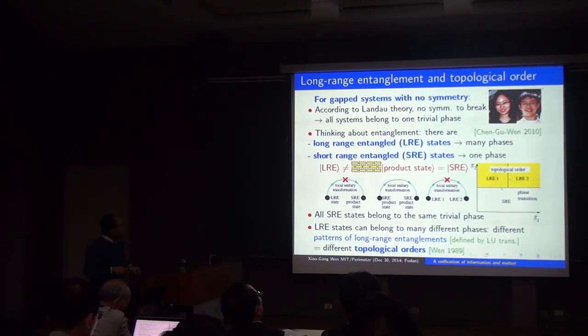So that's topological order. With this definition, the next question is: what is the mathematics describing long-range entanglement? And this reminded me of a story from a popular science book I read when I was in high school. It's about a tribe which have four